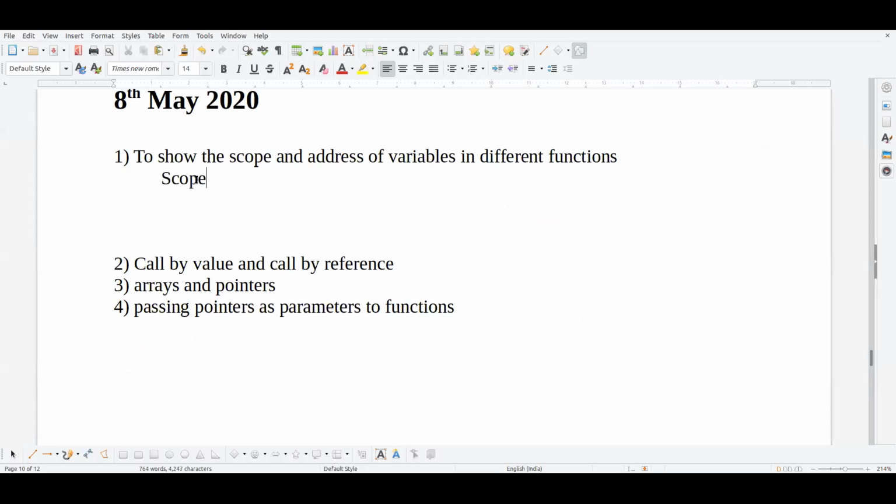First, let me tell you what the scope is. Scope means the range or the existence of a value, the existence of a value in a variable, within a block or a function.